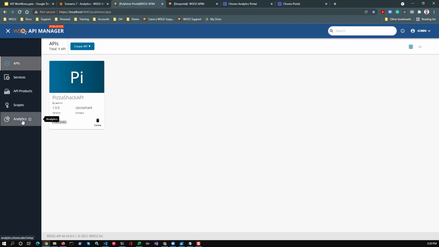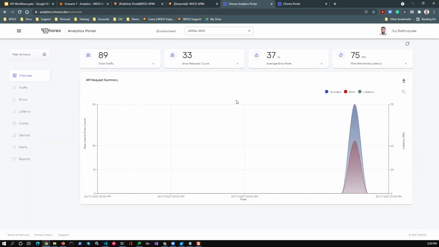When you click the Analytics option, it will take you to the Choreo Analytics portal over here. So this is the default configuration for the Choreo Analytics portal. So this is the dashboard used by users to see the statistics of the API usage.